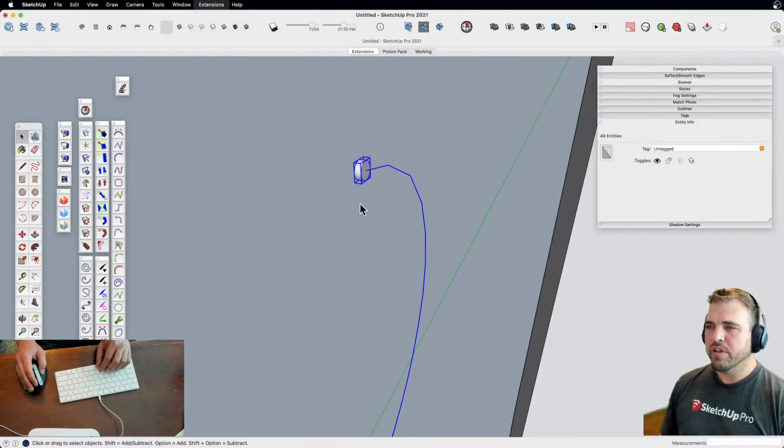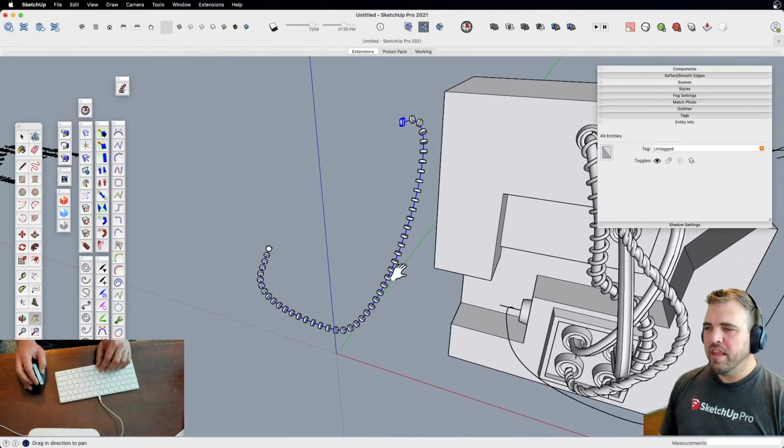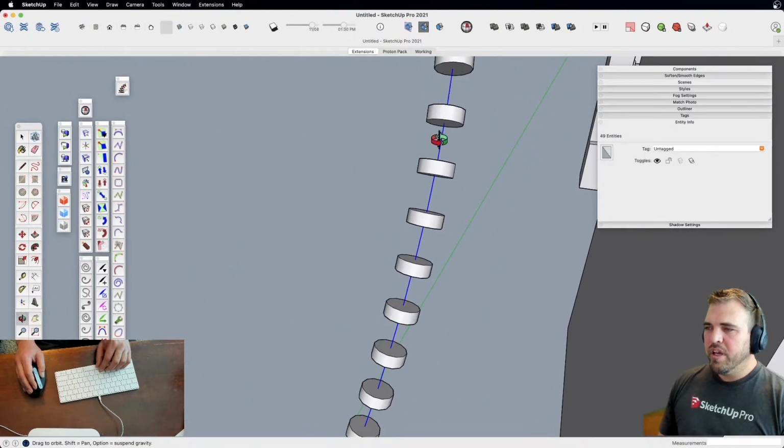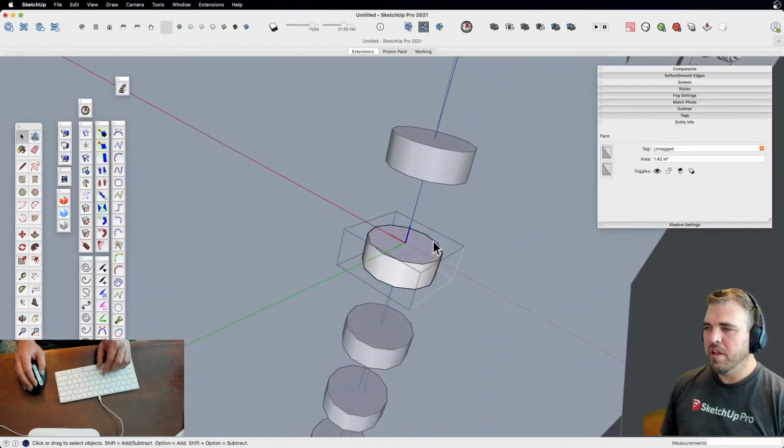Extensions. Yeah, Dave confirms it's Bezier Spline from Fredo6. Thank you. All right, that's what we wanted, because now, depending on how we set this up,